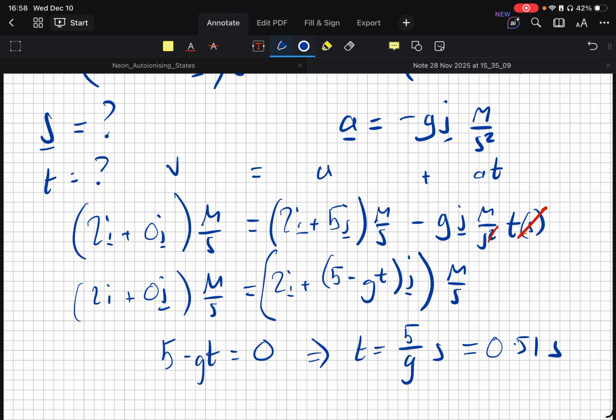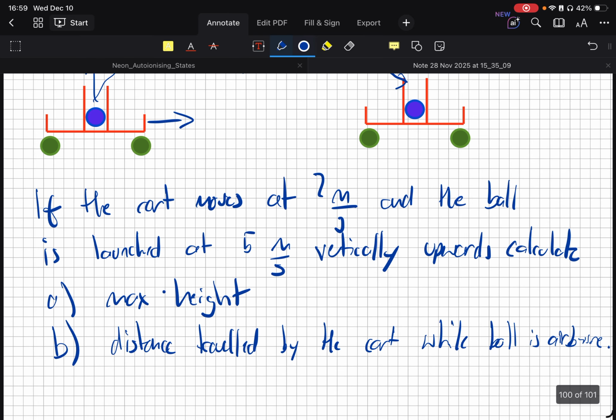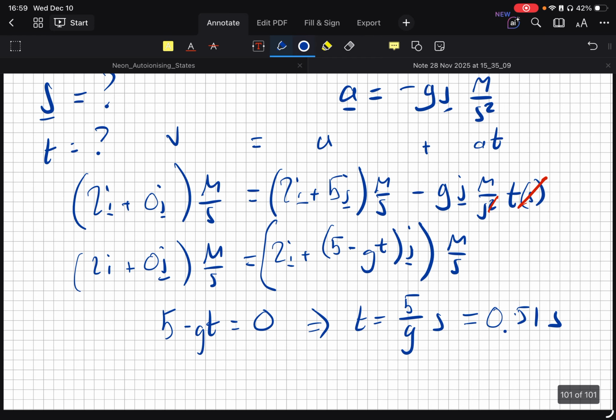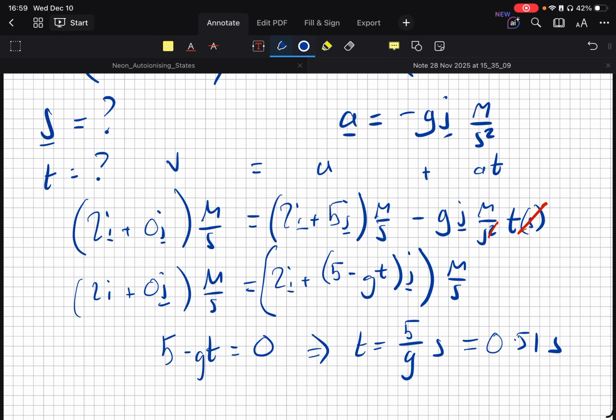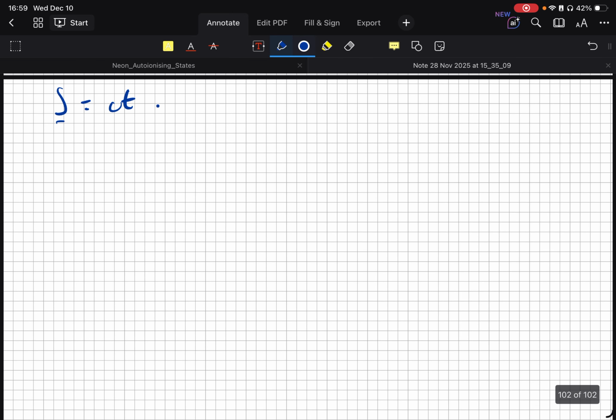So that's the time it takes to get to the apex, but that's not what we're asked. We're asked what the maximum height is. In order to determine the maximum height, we need to substitute this expression into another one of our Suvat equations to determine the displacement at that moment in time. So we're going to substitute that into s equals ut plus a half at squared. We'll have that our final displacement is equal to our initial velocity. So our u, again, remember,